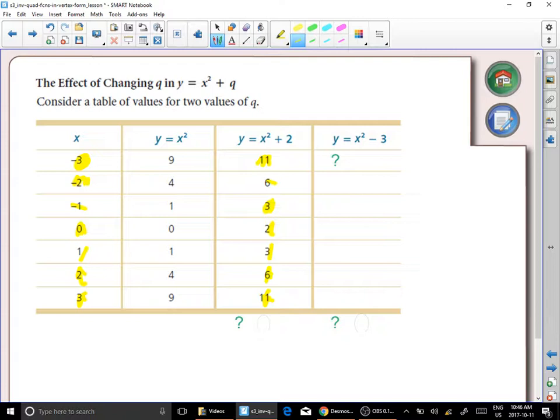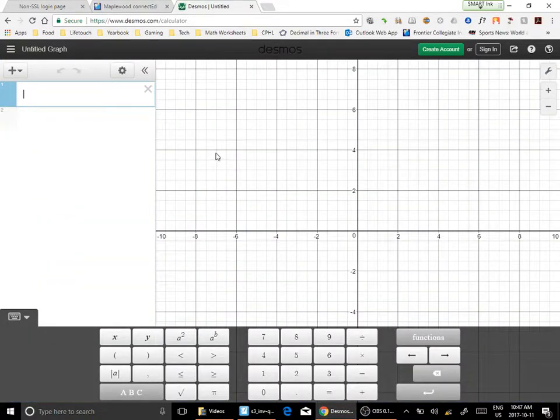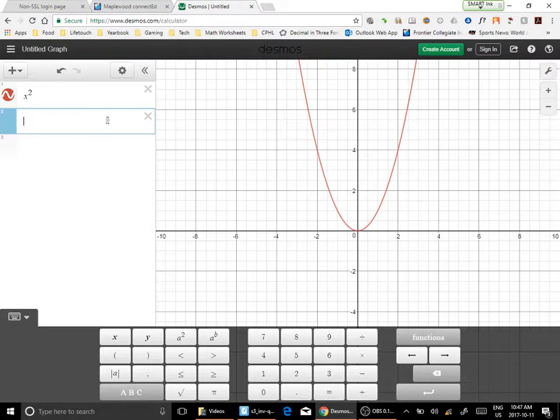To see what that does to the graph, I'll show you Desmos. Desmos is a wonderful graphing tool. It's a free app on your calculator. If I look at what x squared looks like, it looks like that. That's a parabola. That's x squared. But now if I draw x squared plus 2,